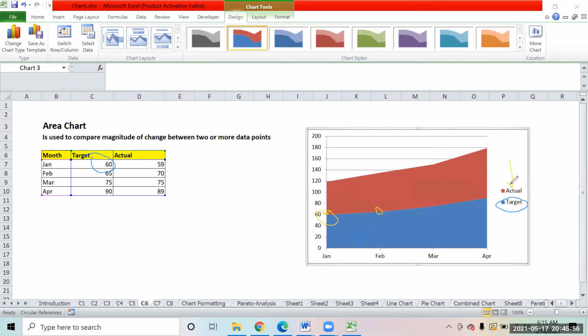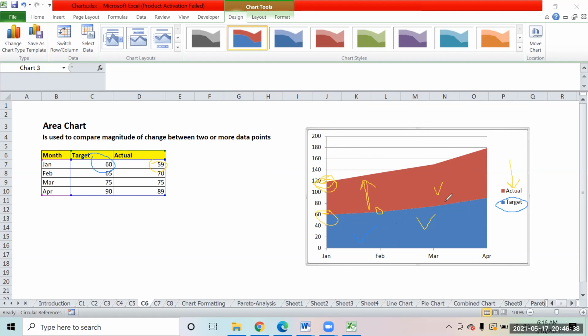But when it comes to plotting the actual, now for actual, this 60 is considered as zero, right? So what was the actual data for January? That was 59. So 60 plus 59 makes it 119. You see this point is coming at 119. So this stacked area chart is showing me the independent individual numbers, and at the same time I can see the cumulative sum as well, right? The total of the actual plus target was this, but if you want to compare these two, you can compare it with the area size, you can see the area over here.